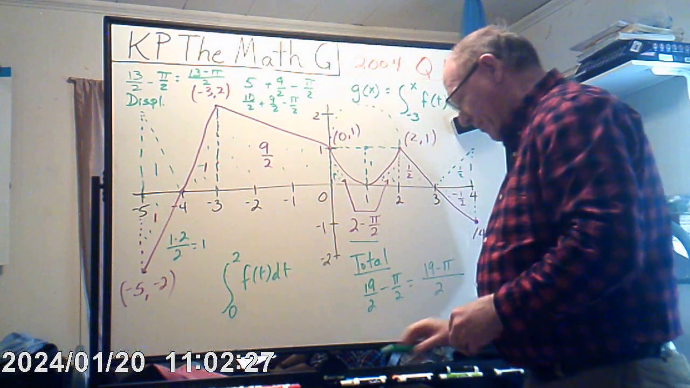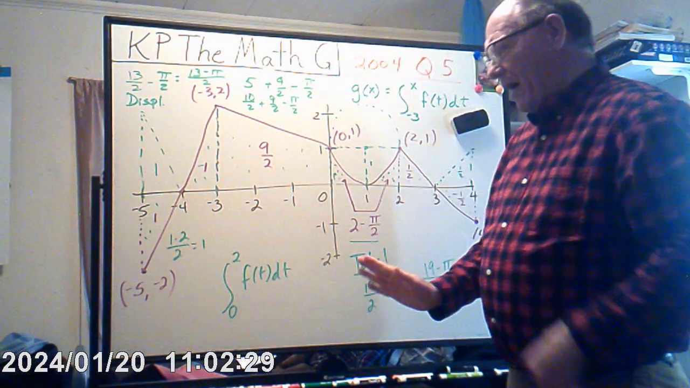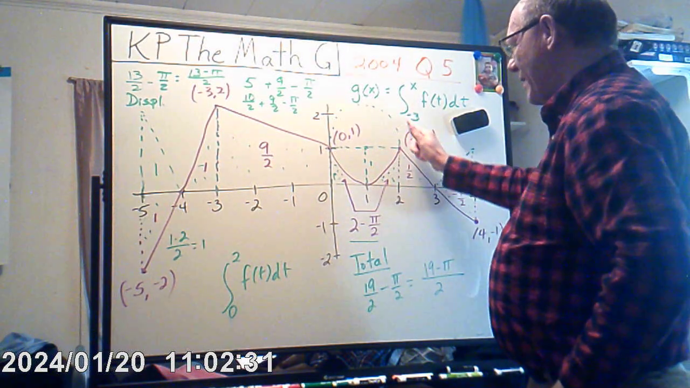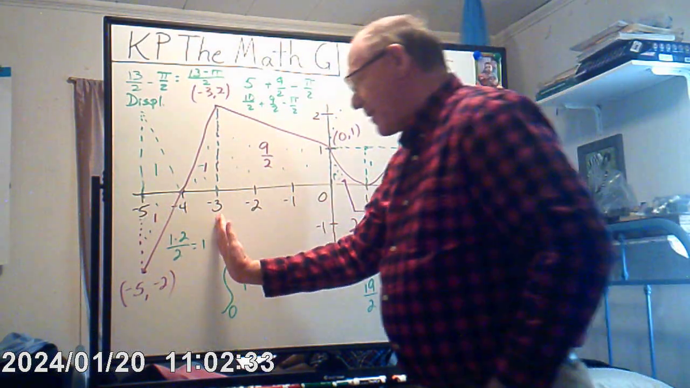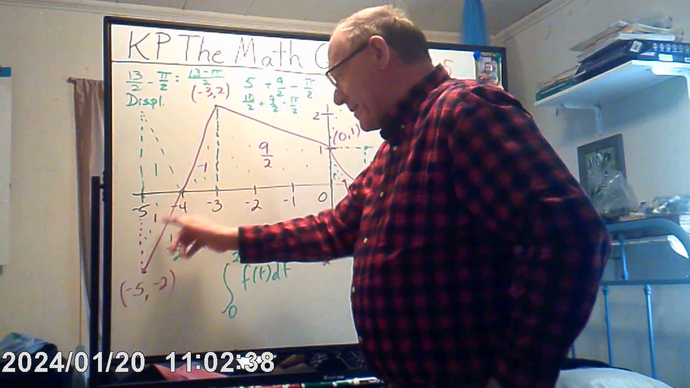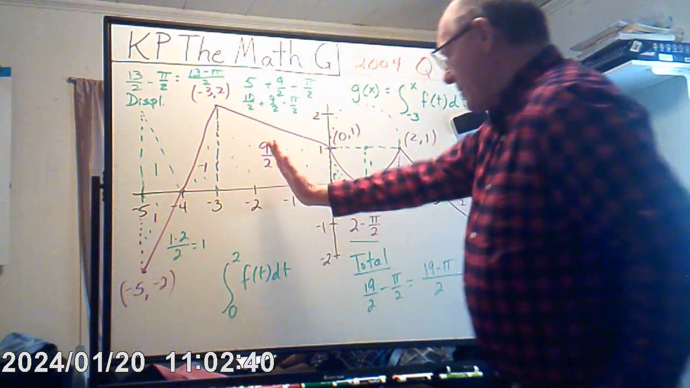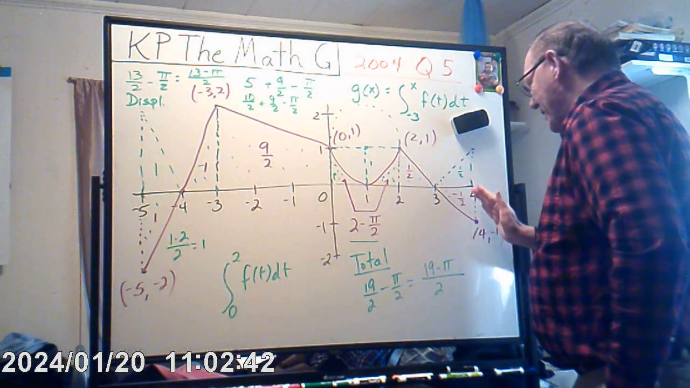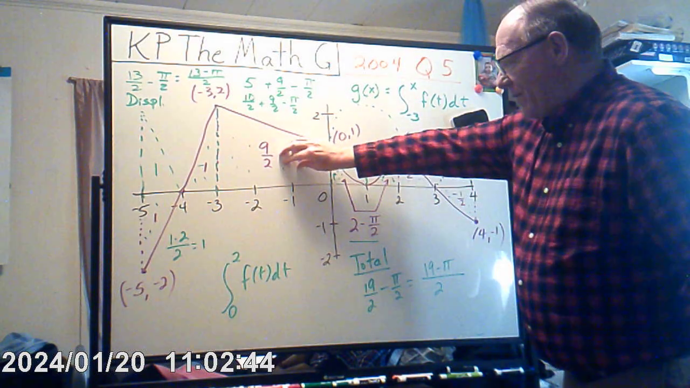That's really all you got to remember: where is this cutoff? Right here. The cutoff is here. So to the left of that, these signs change. To the right, the signs stay as they're supposed to be. Above the x-axis is